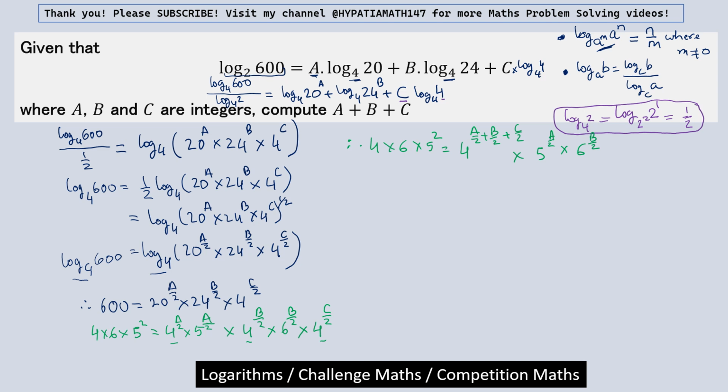So, equating the respective powers, equating the powers with the same bases,